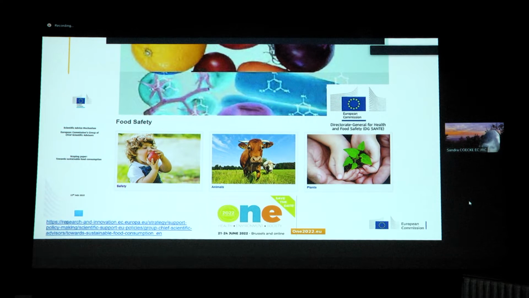Food is linked. You see this little boy on the first slide. So for the last years, I've been working quite a lot with our European Food Safety Authority and with our colleagues at DG Sante, so food and health. And I've been working on a document together with the scientific advisors of the European Commission to issue a scoping document on sustainable food systems. And all that we're talking about here with these new methods boils down to this: for all these areas, for One Health, we need good, innovative methods.